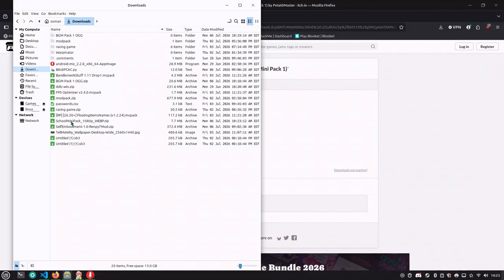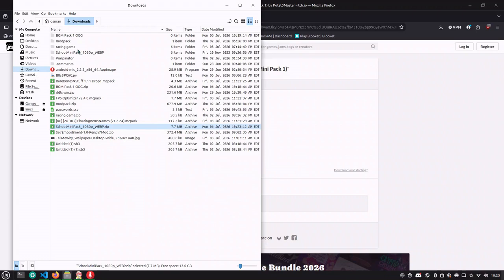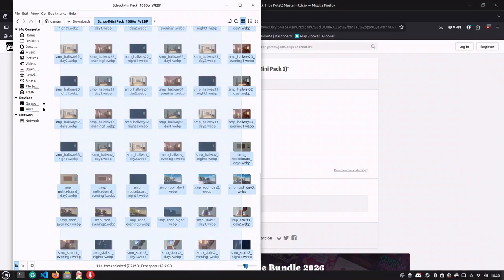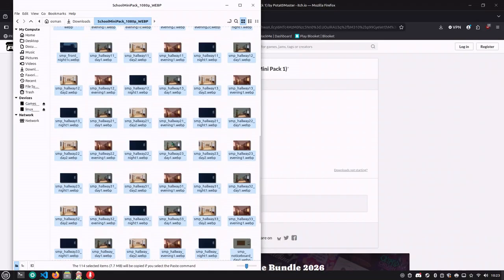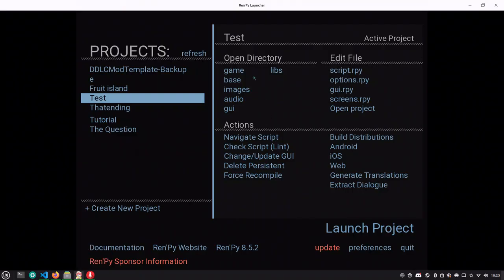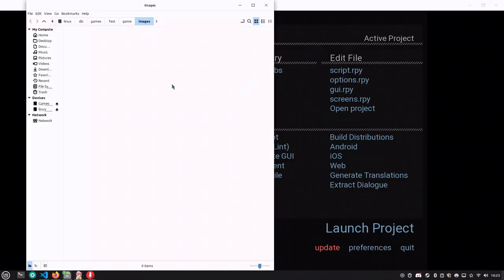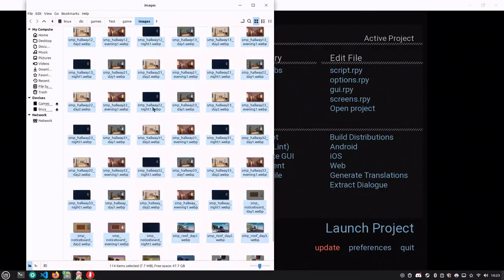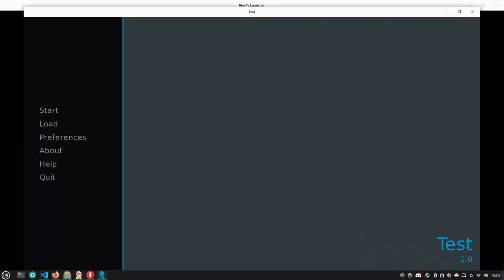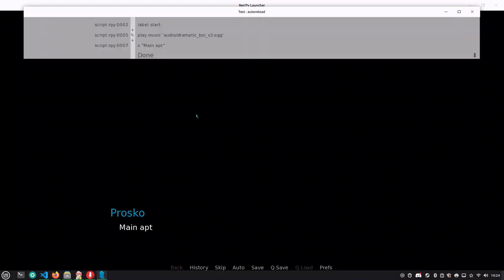Now, get your files, extract, then grab all of them. Now, obviously, you probably aren't going to remember all of this. So, the interactive director is also going to be a friend here. Then, go to Ren'py, open images, then put your files in. Then, go to test, or whatever your name is. Then press D,